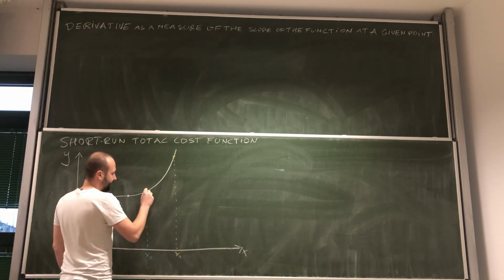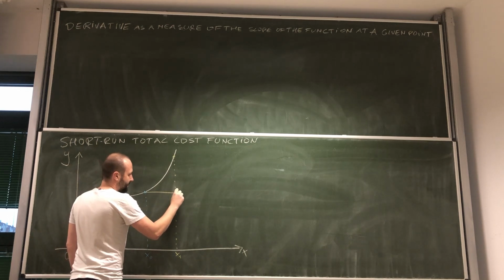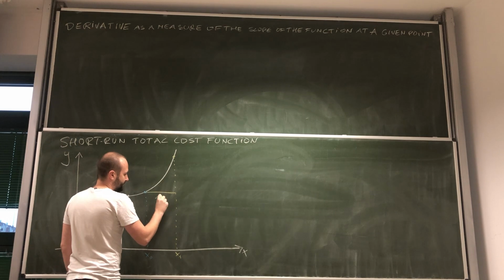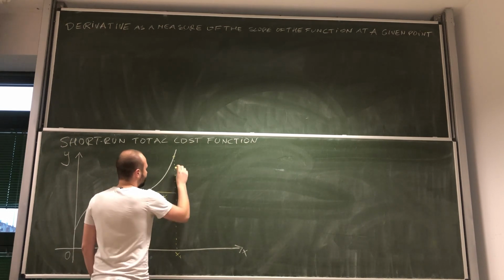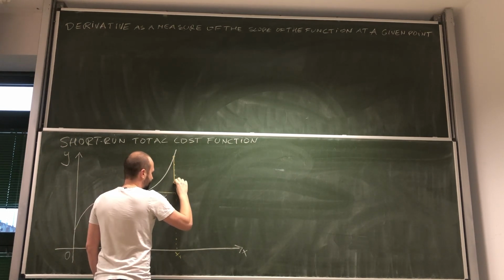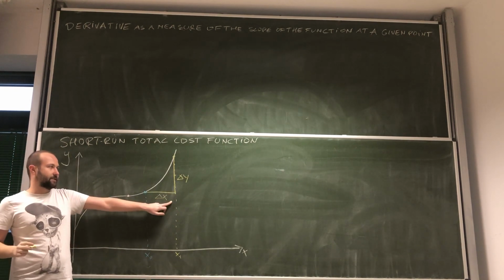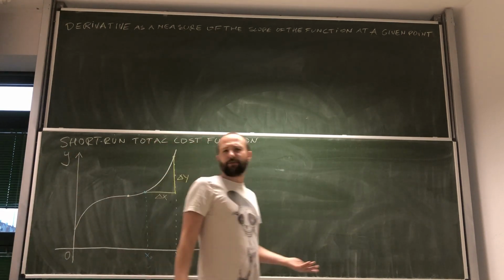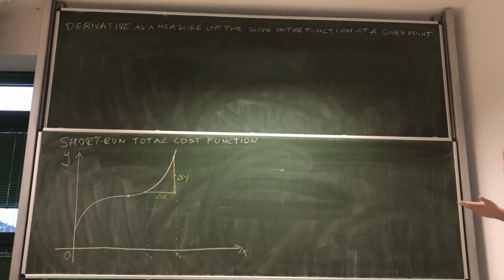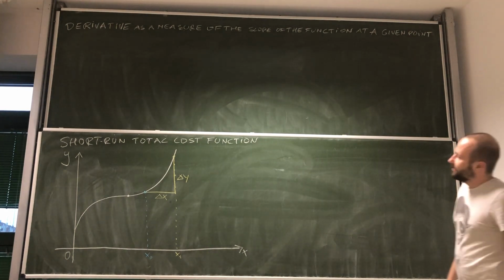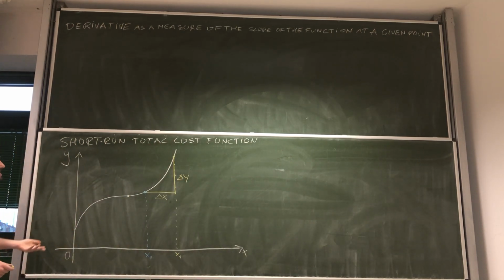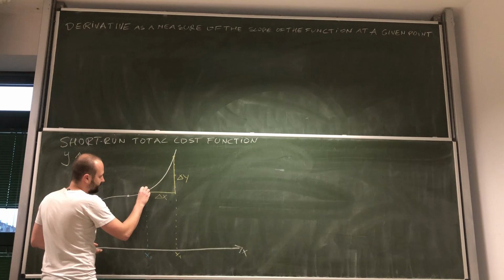Look, we see here that this is delta x, and here is delta y. This is by how much x has increased and by how much y has increased. And it makes perfect sense. The more we produce, the higher the cost should be. Okay. Now, in this case, we can again use the right angle triangle